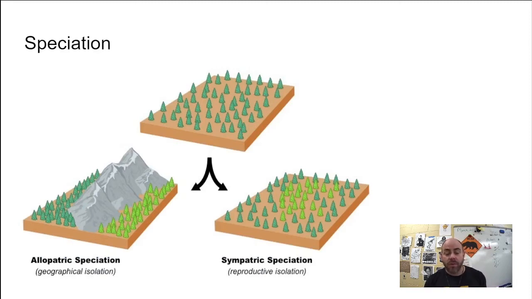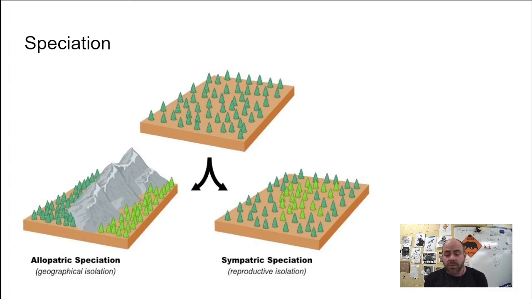It can happen in one of two ways. There's allopatric speciation. Allopatric speciation is where there's some sort of geographical isolation. See in this picture. So you start with the one species of trees at the beginning, right? And then a mountain grows up because that's what mountains do. They grow really slowly, but they grow. And then over time, those two sides of the mountain stop talking to each other. Guess what? Two species of trees, right? Just they change over time so much so that they're unable to reproduce with one another.